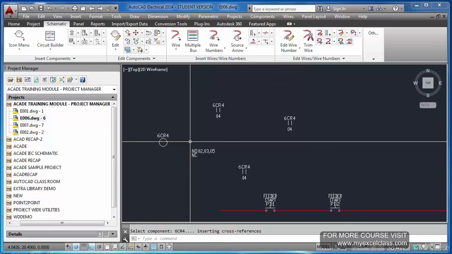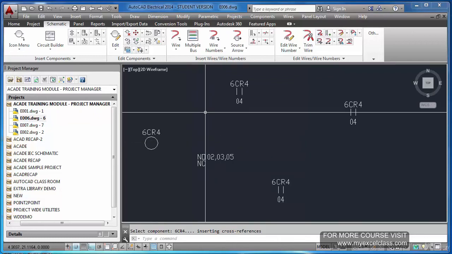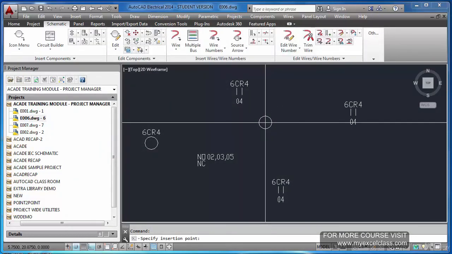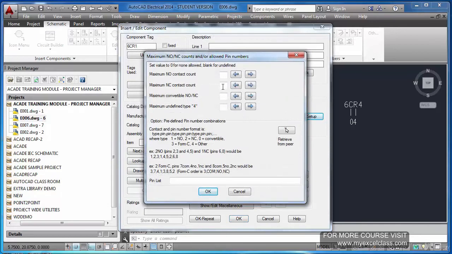You may sometimes skip, that won't come into your memory. We have ordered only just 2 NO contacts. So in order to avoid that, while inserting a relay, you can set up the contacts numbers here, maximum NO count, how much. So now let us say I am putting 2 NO contact. Same way NC contact, auxiliary contacts, everything is there.